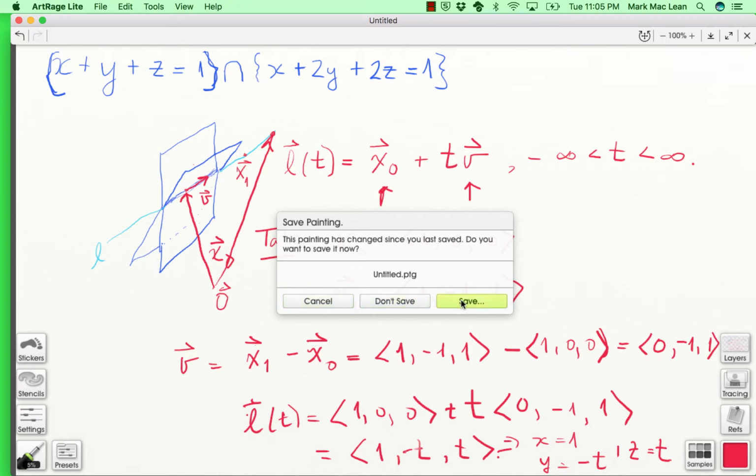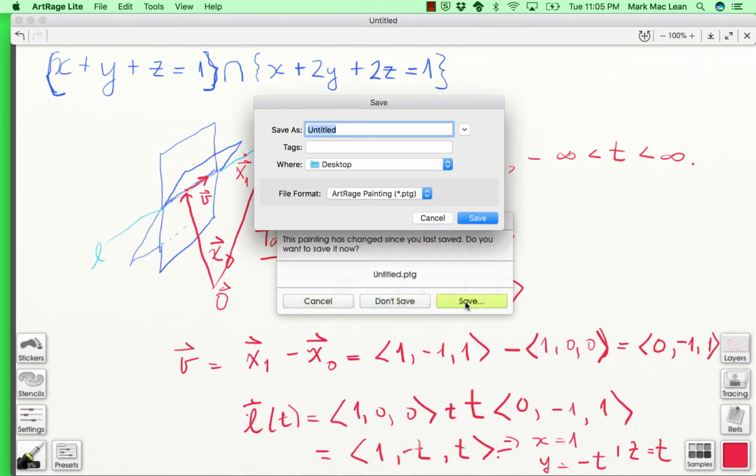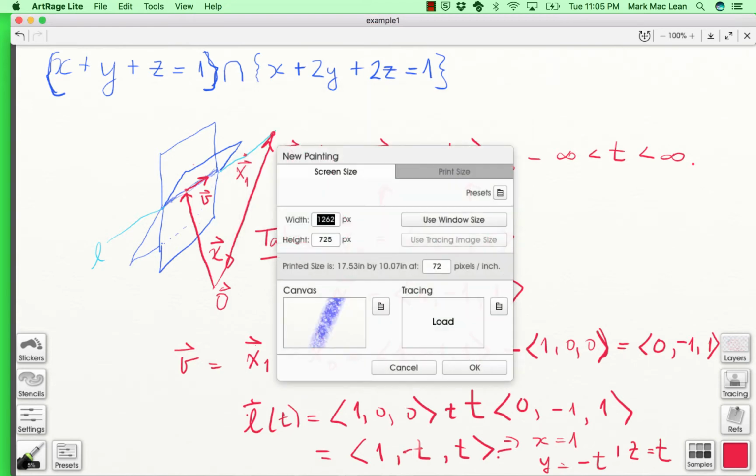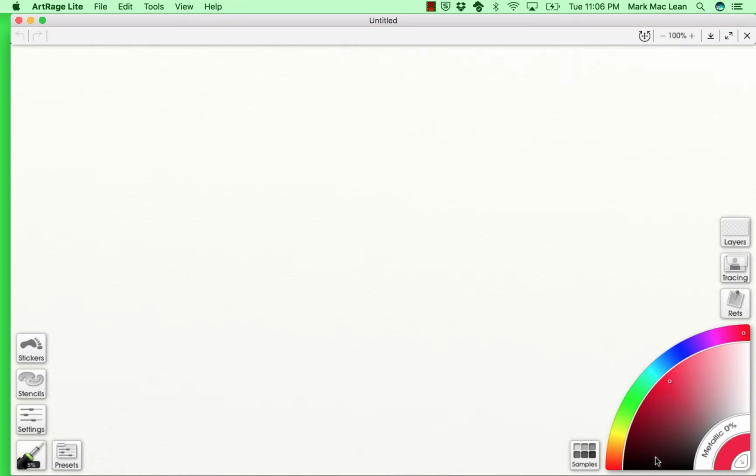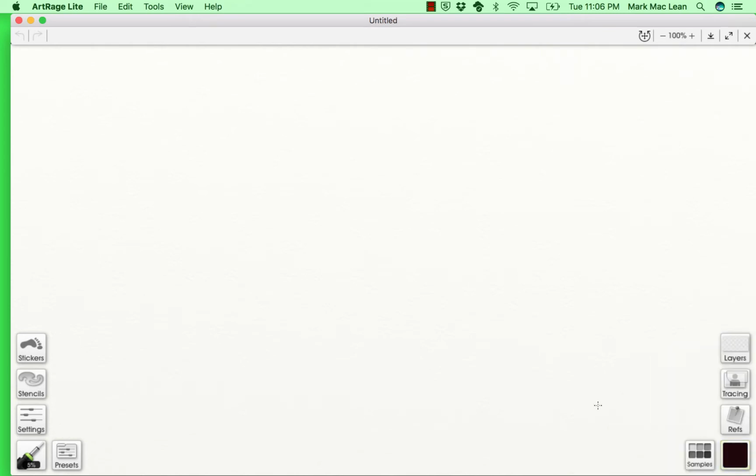Let me save that. Example 1. I'll just stick it on the desktop. So in this case, let's imagine now that here's my solution. If I want to think about my intersection of two planes again,